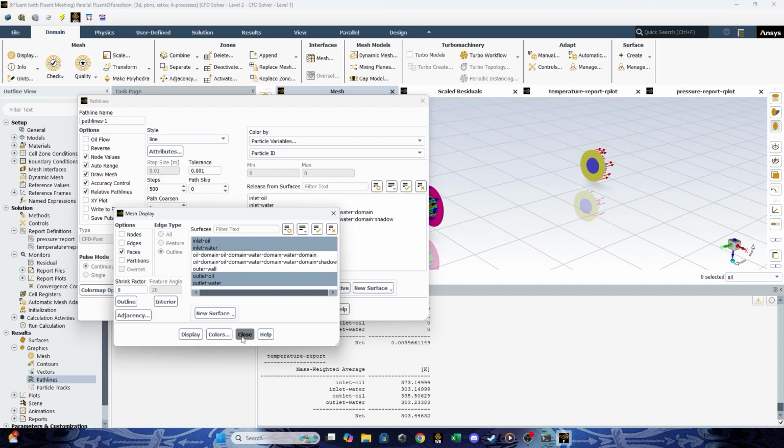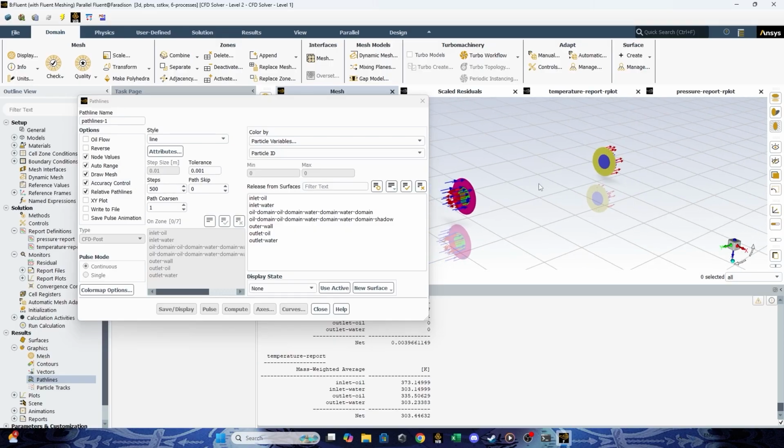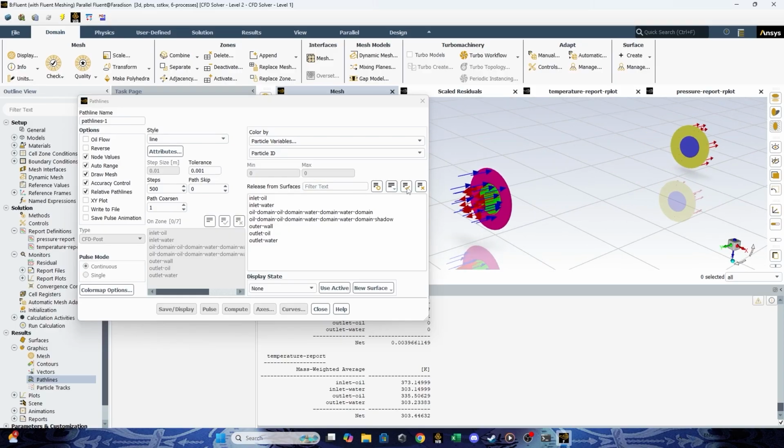Okay, close, and then choose where you want to release your fluid. You can choose which surface you want to release the fluids from.